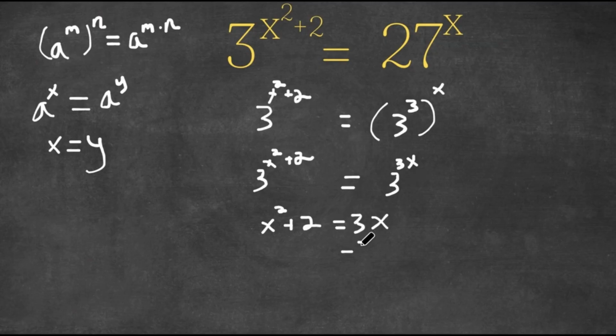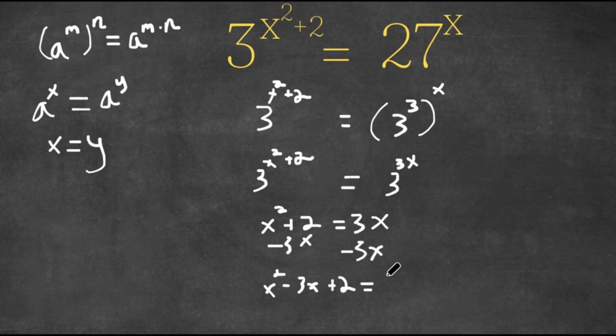So now if I subtract by 3x on both sides, I get x squared minus 3x plus 2